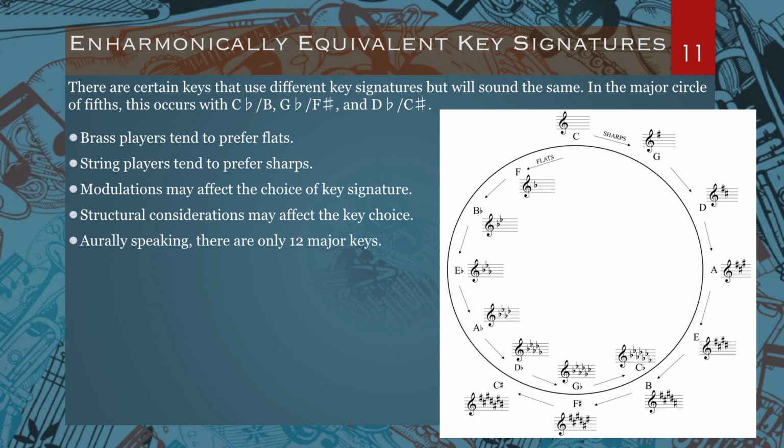Finally, we have 3 sets of key signatures that will sound the same but use different key signatures. As I said before, brass players tend to prefer flats, string players tend to prefer sharps. Modulations, when you're moving from one key to another, may affect your choice of key signature. So if you're moving from a sharp key to another key, you'd probably want to move to another sharp key. So you choose one enharmonic option over another to make sure that everything stays